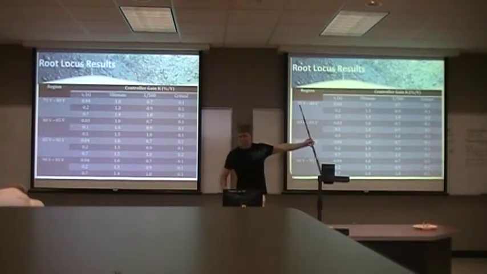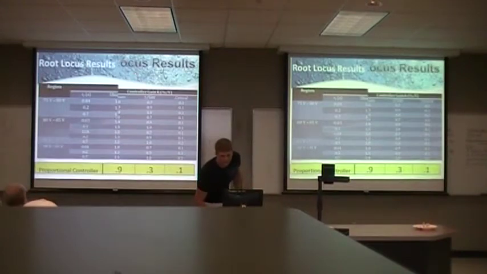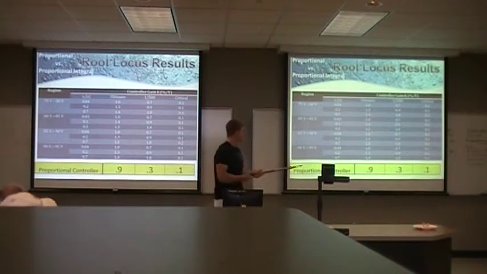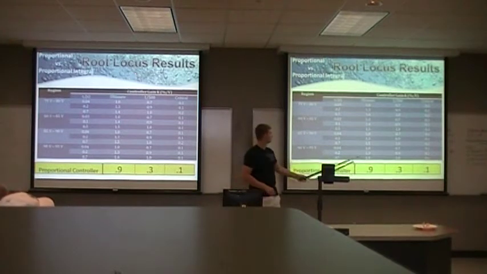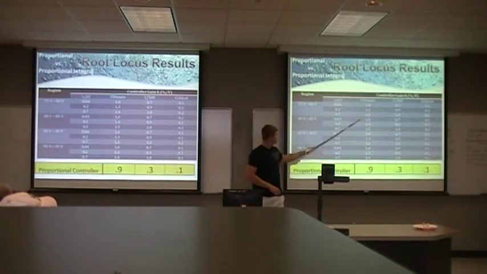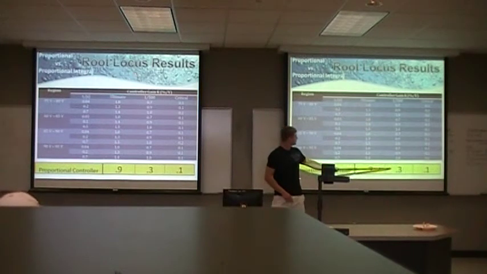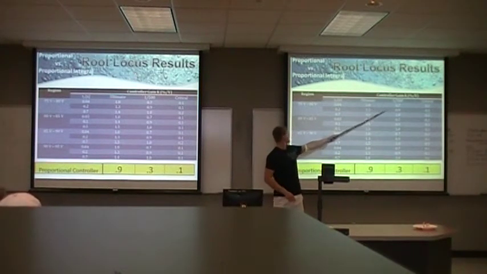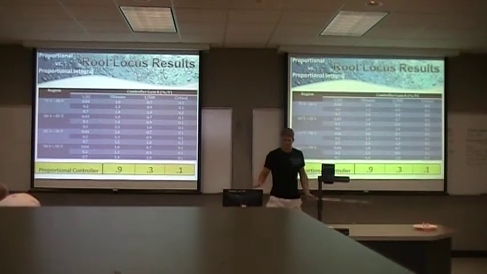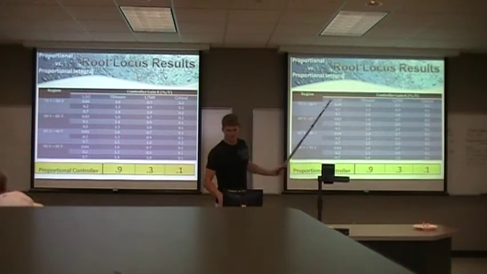This is compared to the proportional controller, 0.9, 0.3, 0.1. 0.9 is for your ultimate, and we are around there. With 0.3, we're a little higher, but this is just the approximation found by the root locus, and 0.1 for